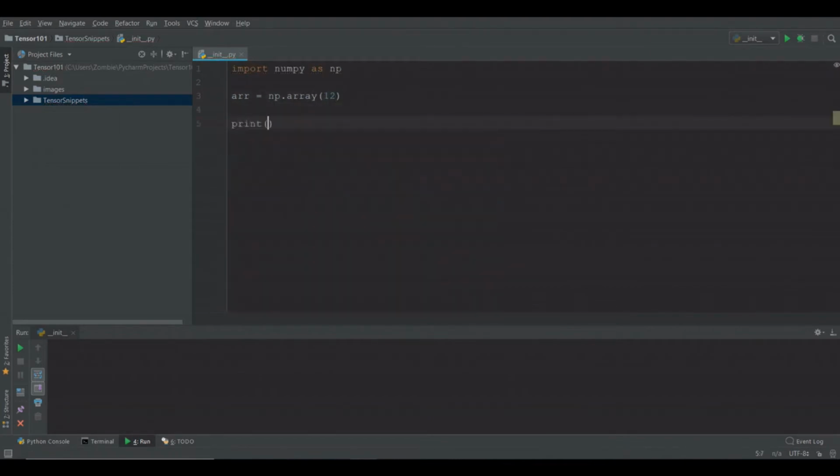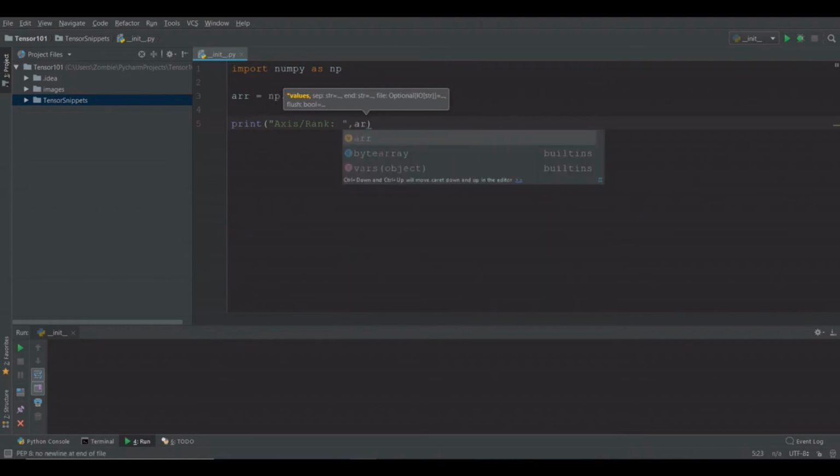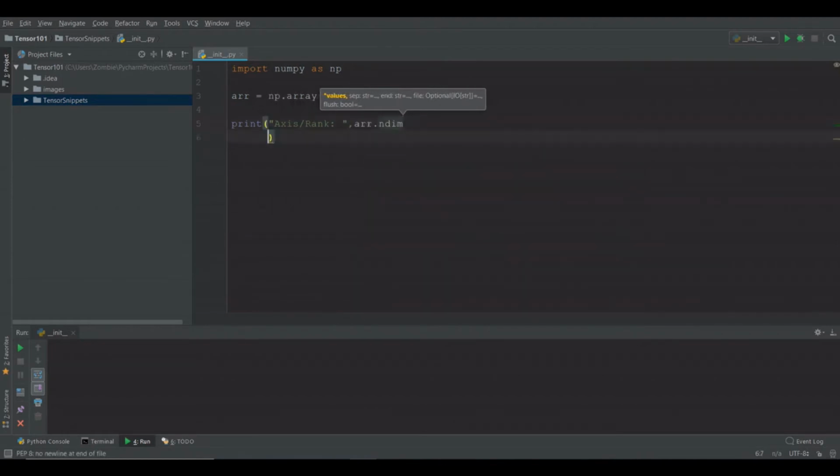Then we will print the attribute we talked about in the previous slides. First is rank or axis. Then print the shape.